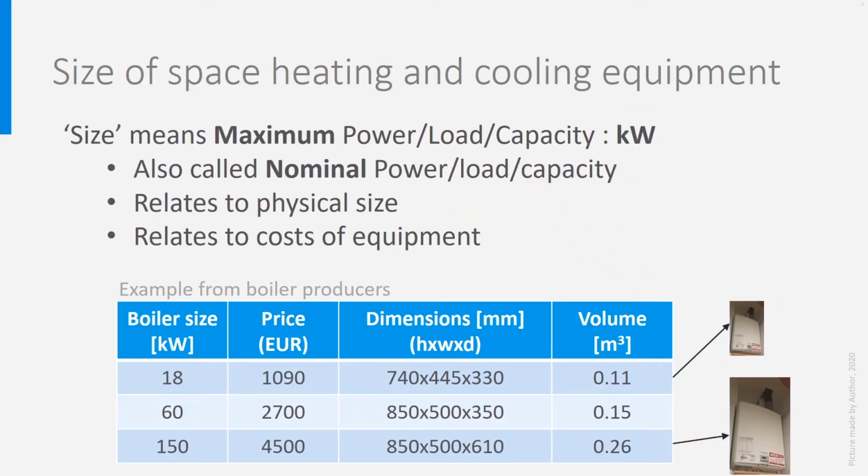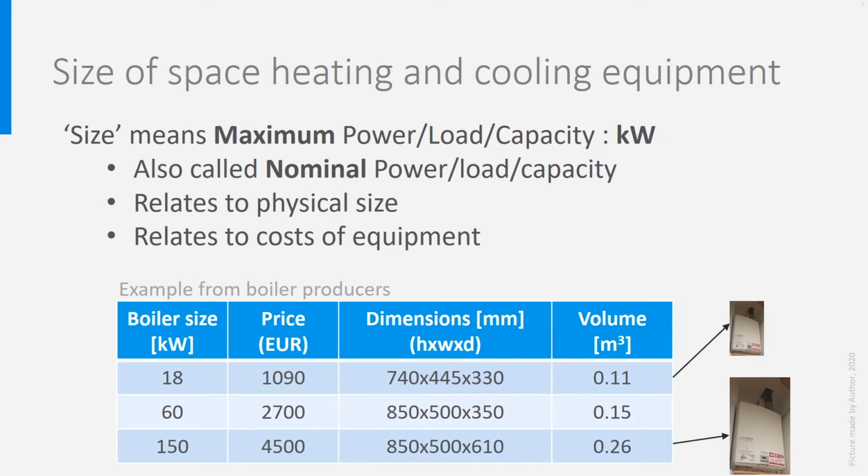This lecture is about the sizing of space heating and cooling equipment and about how the energy balance will help us doing that. When we talk about size, we talk about the maximum power that should be delivered by the equipment. It is power, so the unit is watt or kilowatt. You can compare it again to a water tap. If the tap is too small, there will be only a little bit of water flowing through it, meaning that it will cost a lot of time to fill the bucket.